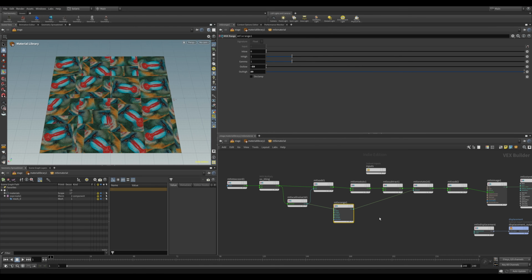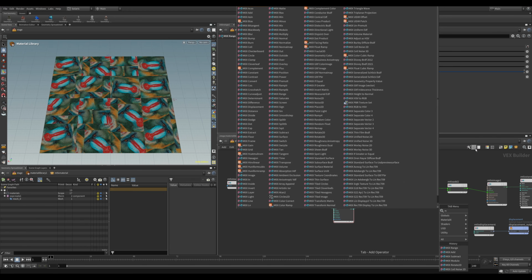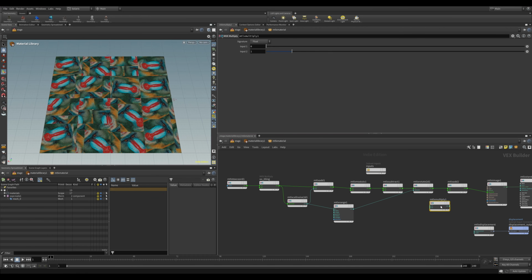Okay, so in a similar way that we've done random rotations, we can also do random scale. And all we would need to do is multiply the RUVs after the rotate node with some sort of random value. So I'm going to put down the multiply node first. And this goes in between the rotate and the add.